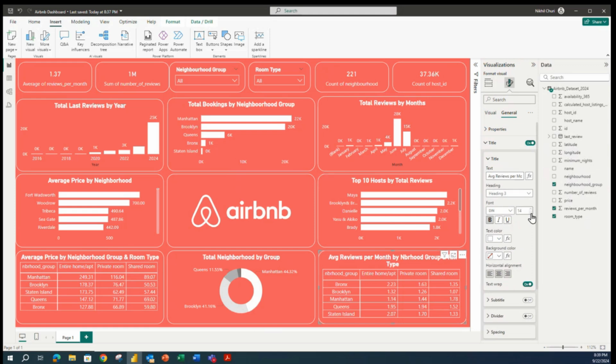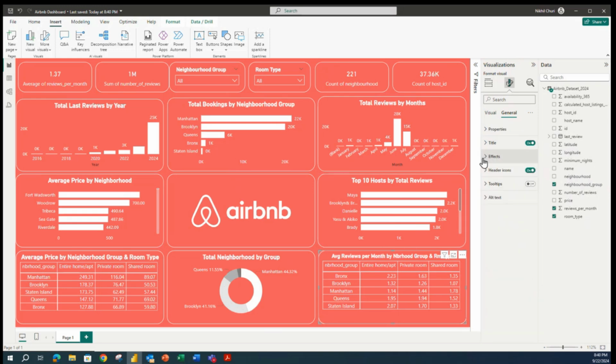And maybe let me try to reduce this as well. Awesome. Or maybe 12 is good. Neighborhood average. I think this is looking good. So by that, we kind of fixed this part as well. Let's save it. And now let's see if there are any few things we can do. Maybe we can center these, right? So for that reason, the titles are centered, not a problem. So within the table,